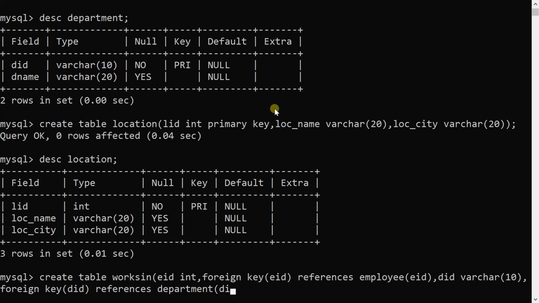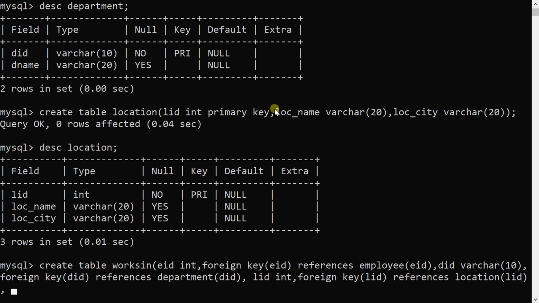Again into bracket, DID, comma, the third table, location, LID, int, foreign key into bracket, LID, references. Which table we are referring? Location table. References, location into bracket, LID.